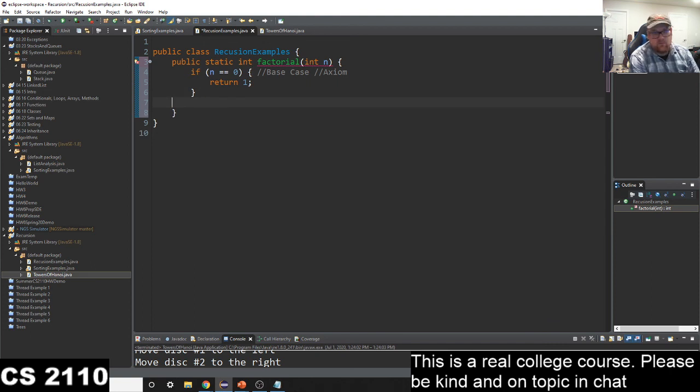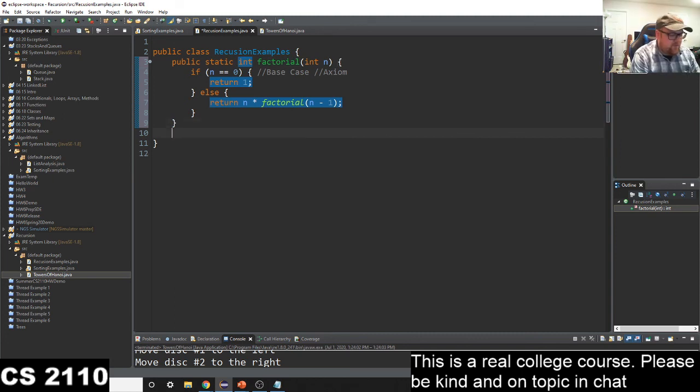Else, and I don't necessarily need the word else here. It's fine if you have it. I'm going to write it here just to make the code easier to read. Else, return n times factorial n minus 1. What function is this calling? It's calling itself. And if I test this, public static void main string args,